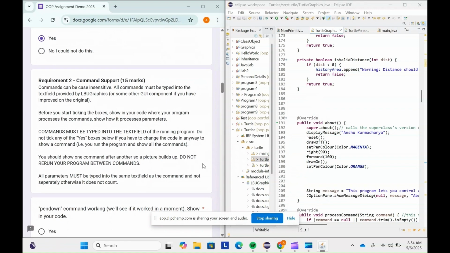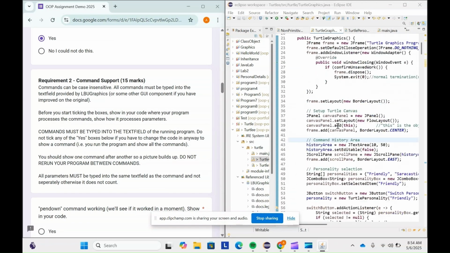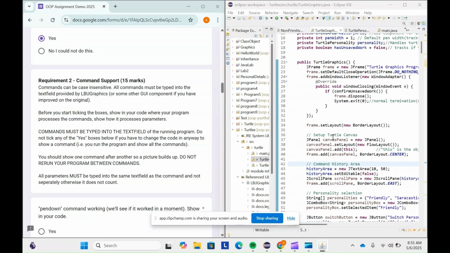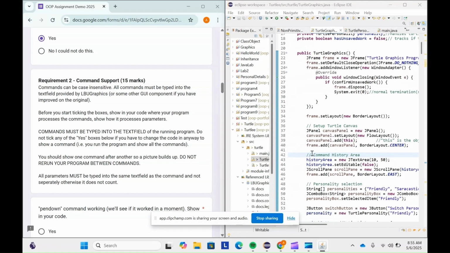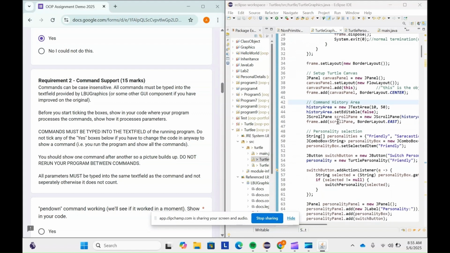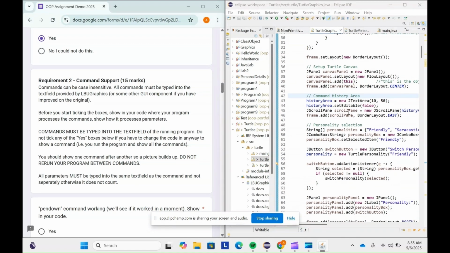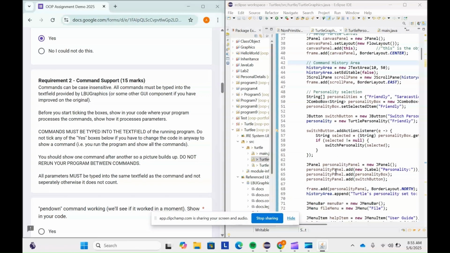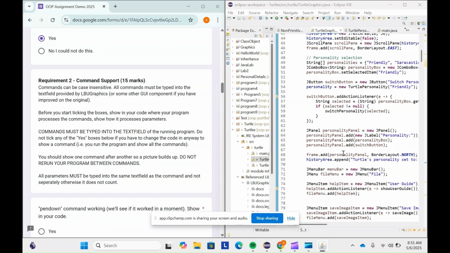Now moving forward, this version of the TurtleGraphics program includes a variety of core features such as movement and drawing commands, pen controls, color selection, shape drawing, and more. And in this code, the main window uses a border layout. The turtle canvas is located at the center. A scrollable text area showing the command history is at the left, and a drop-down button to switch personality is located at the top. Then there is a menu bar,